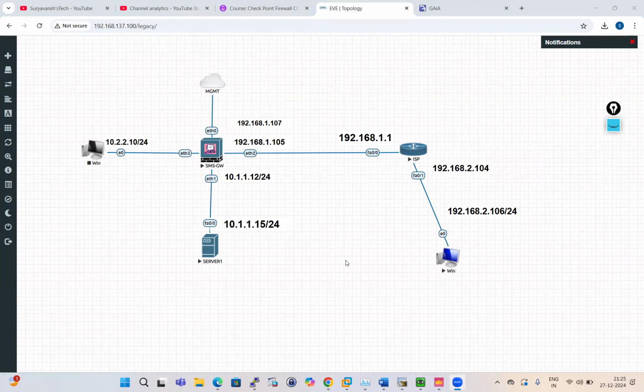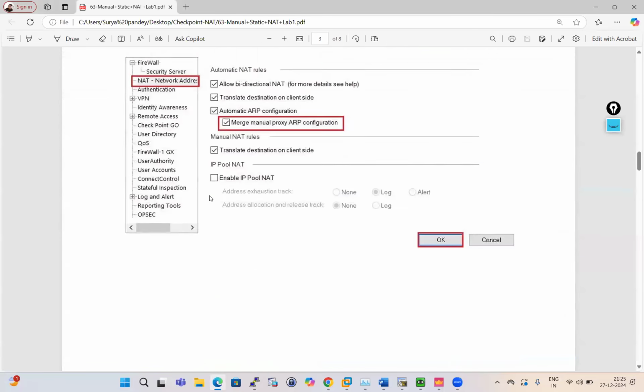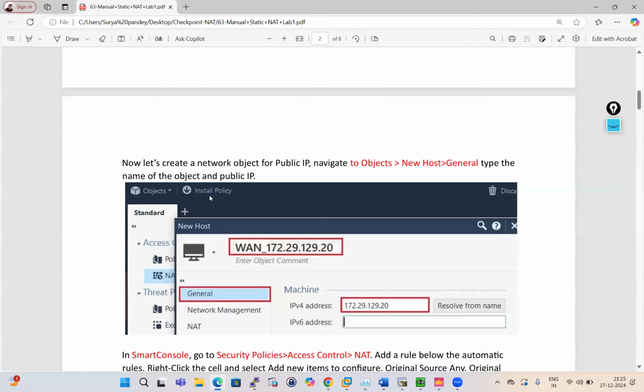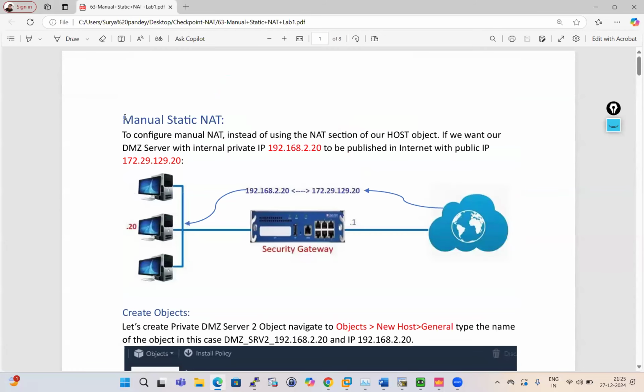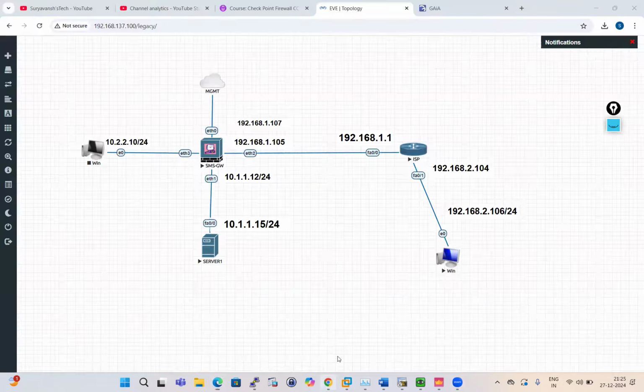Hi everybody. In this session, I'm going to explain the Checkpoint manual static NAT. Manual static NAT is basically one-to-one mapping, or we can say destination NAT. First I'm going to explain on the basis of this document, and then I will try to implement this